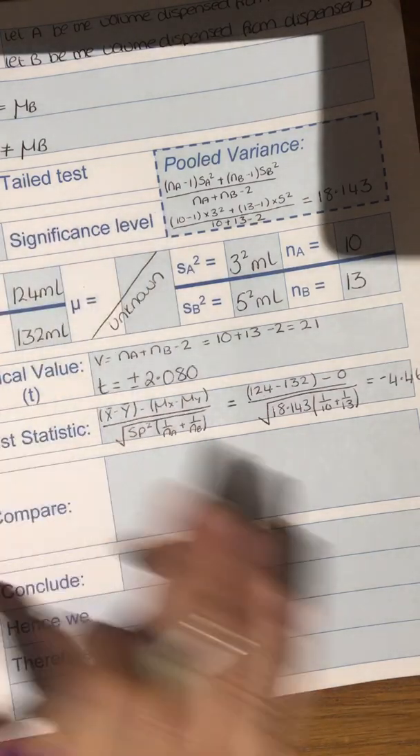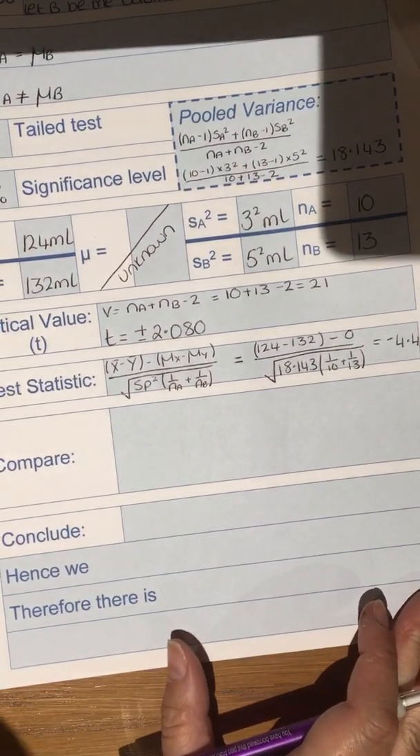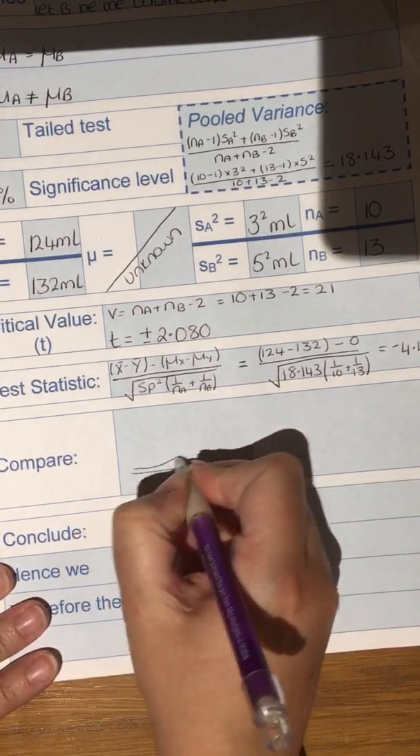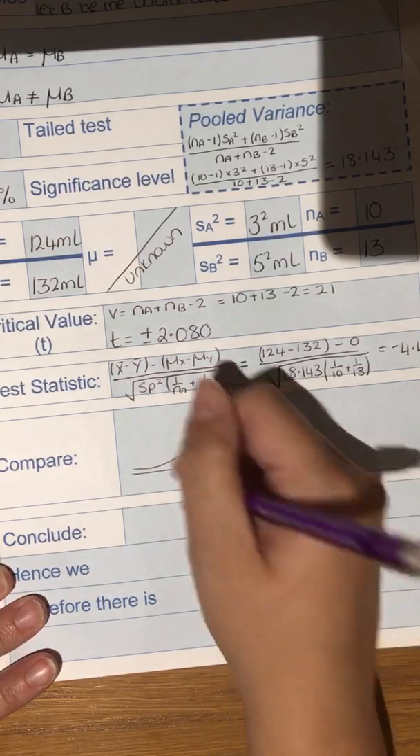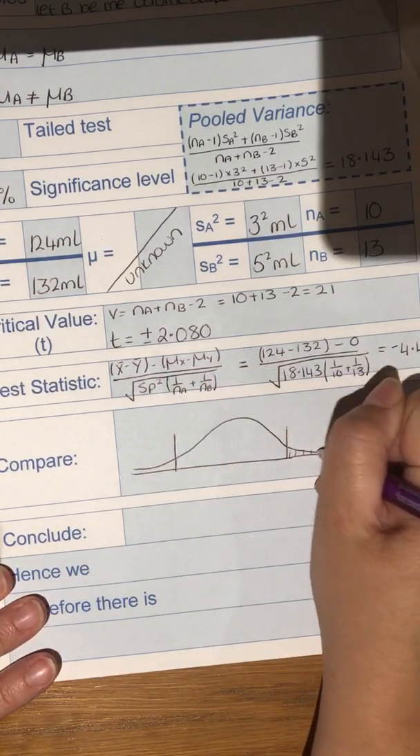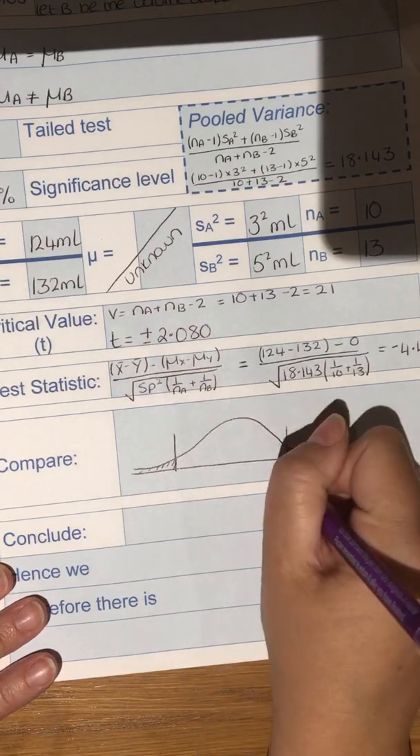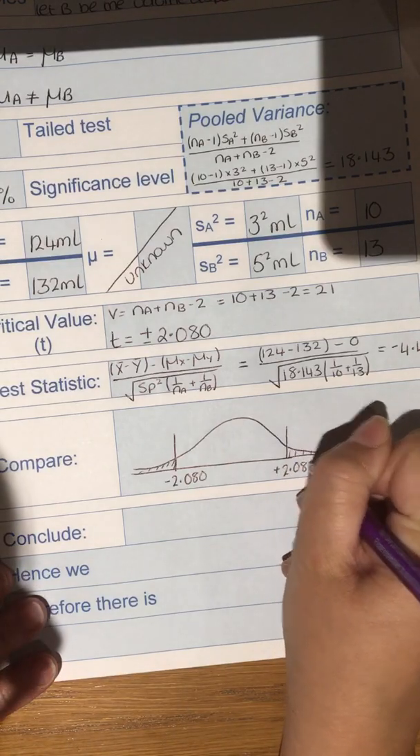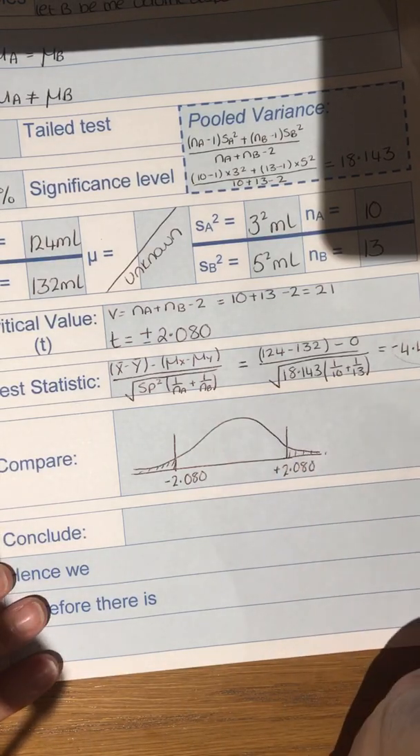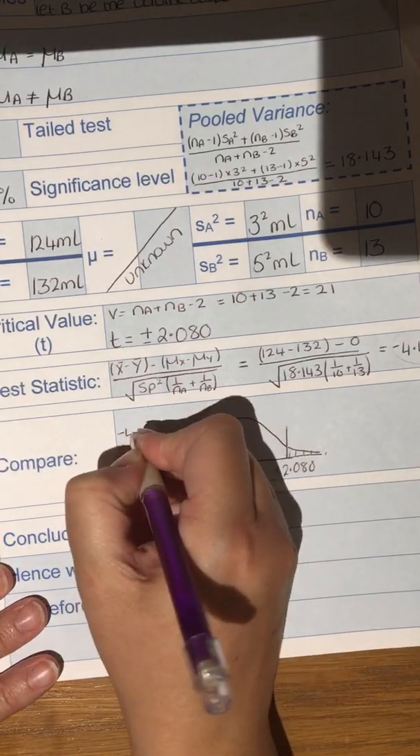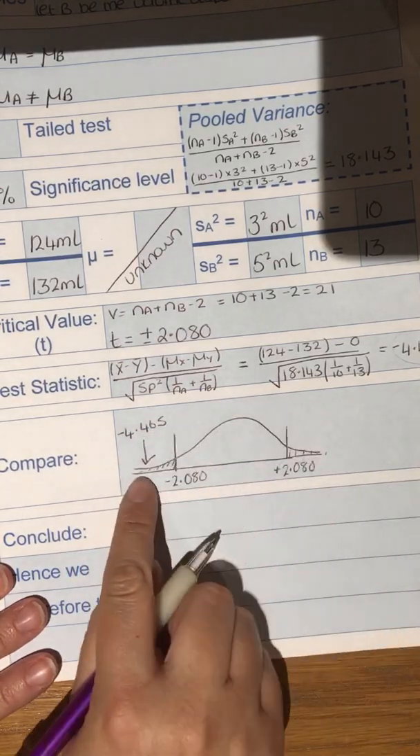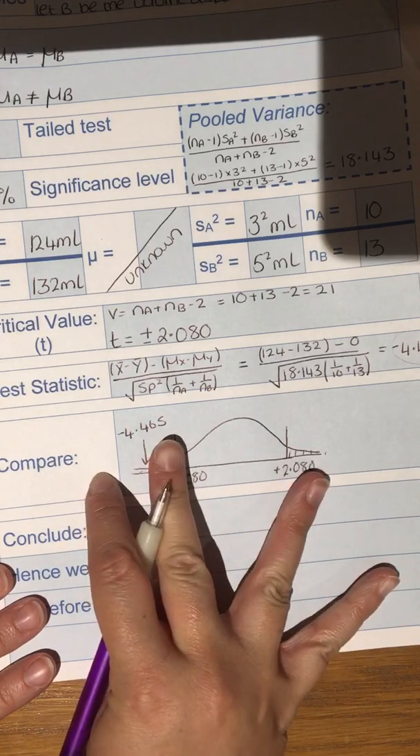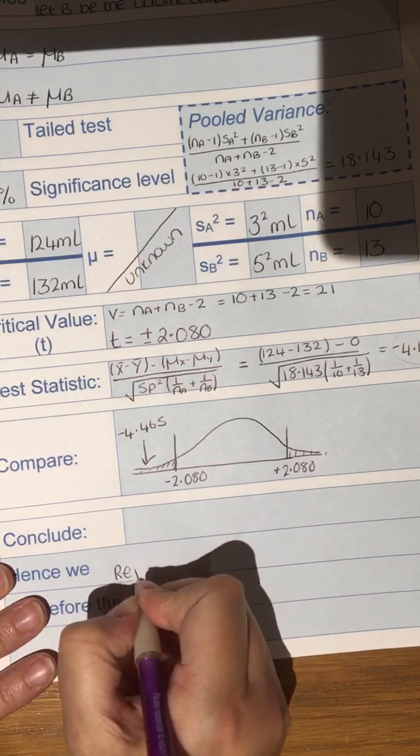I can now compare and conclude, as I have done in all other hypothesis tests so far. Draw myself a little diagram so I know where to accept and where to reject. My critical values from earlier in the question were a positive and a negative 2.080. And my test statistic is negative 4.465, which is somewhere down here in the bottom tail. I accept in the belly and I reject in the tails. So this is a reject